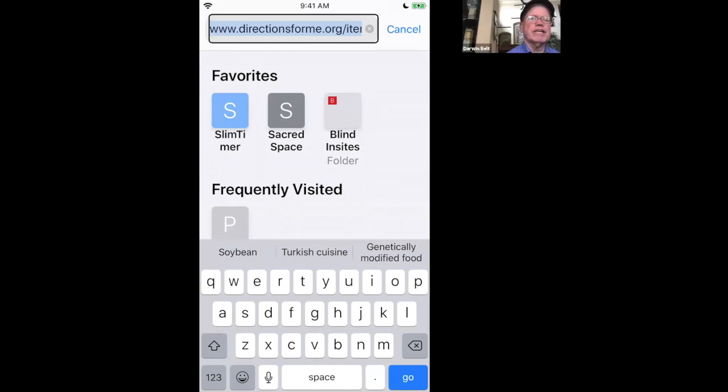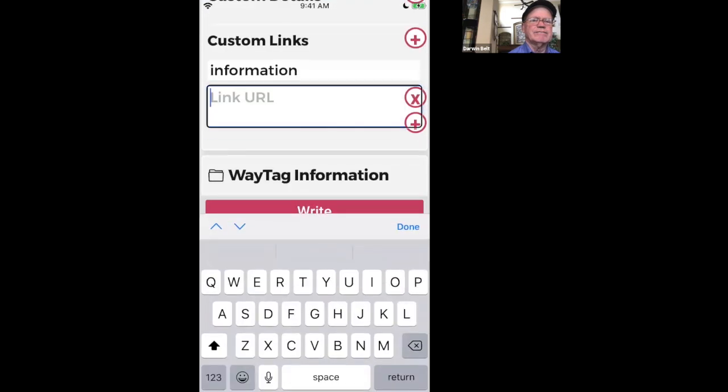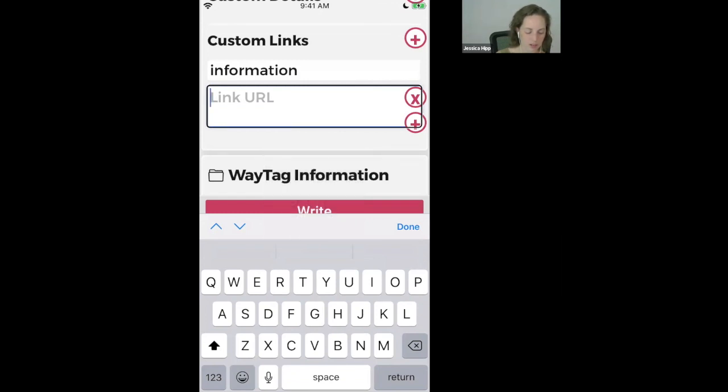Okay, go over to the WayAround page by swiping with 4 fingers. Back to WayAround home button. Link URL. Multi-line text field. Now Directions for Me product info. Link URL. Multi-line text field. Insertion point at end. You want me to paste it in there? And go ahead and paste it in. Words. Characters. Edit. Undo. Select all. Paste. http://www.directionsforme.org/item